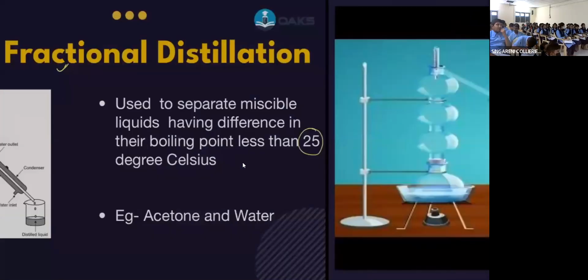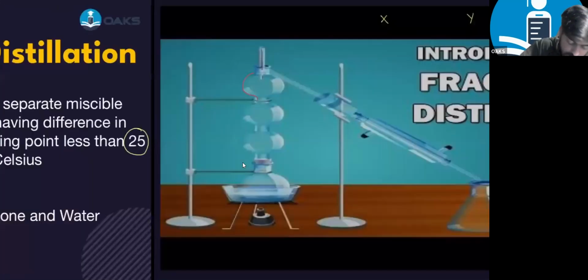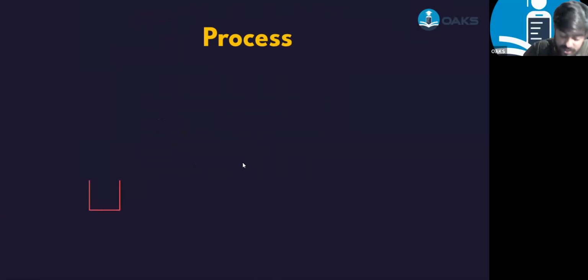Right? So I'm going to draw this diagram for you. Let's have this particular thing. So here we have a beaker. Do we have a beaker in this? And in this beaker, what are we going to have? The mixture of acetone and benzene. Yes or no? Let's have acetone and benzene. Clear?